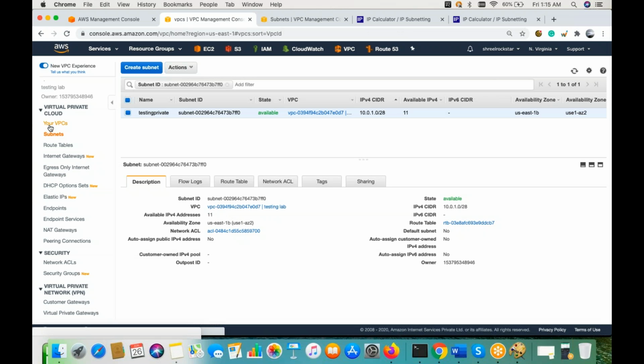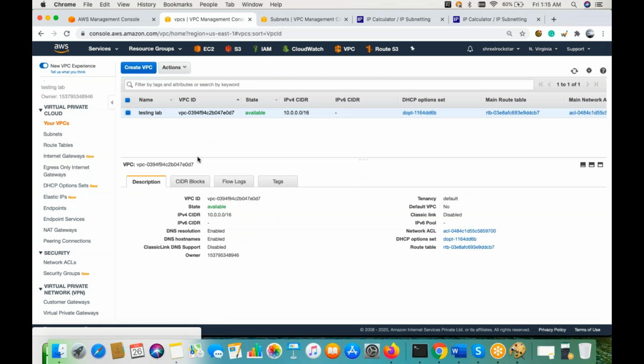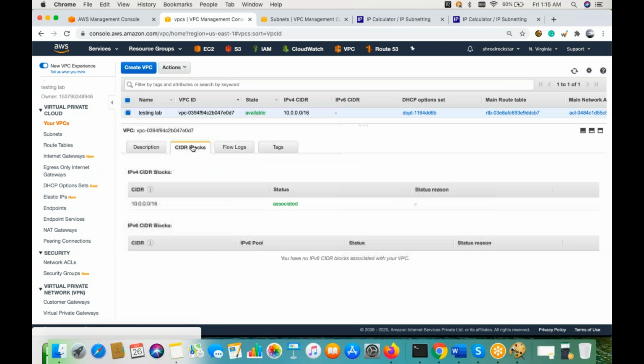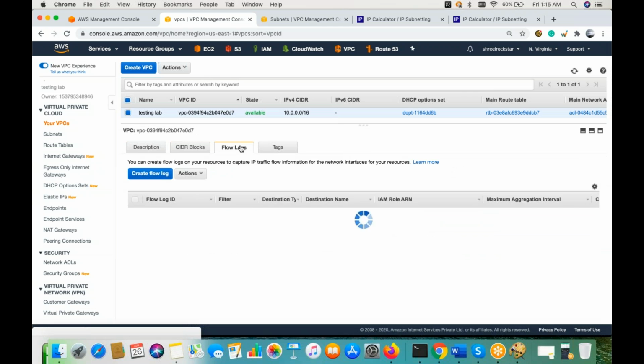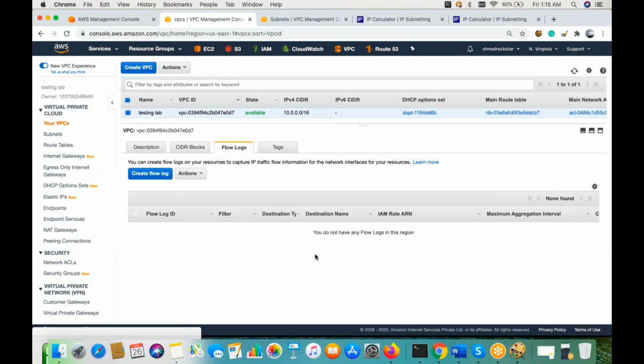So if you go to the VPC here, which we have created, this one, testing. If you go here, guys, these are the flow logs available. So what are flow logs? Flow logs are actually a kind of deeper debugging into your network, right? Let's say in a real scenario, you have created some EC2 instance and you are connecting with some third-party vendor, which is outside AWS.